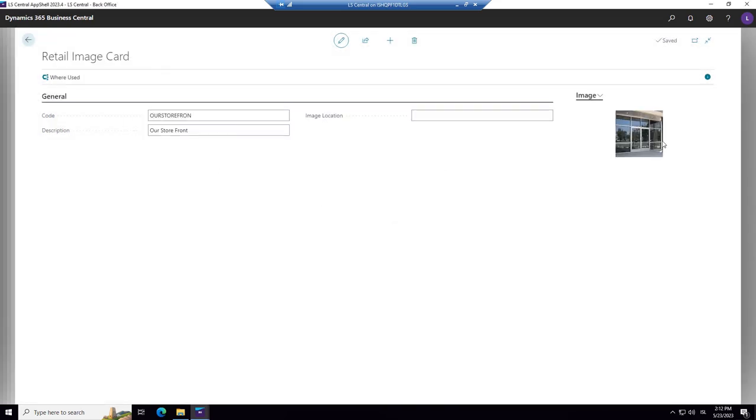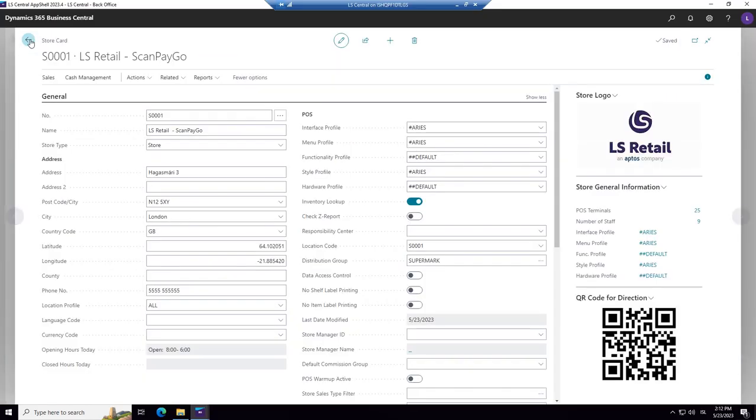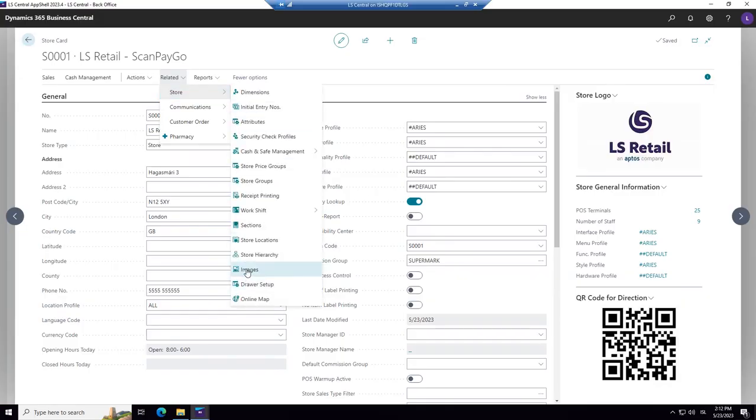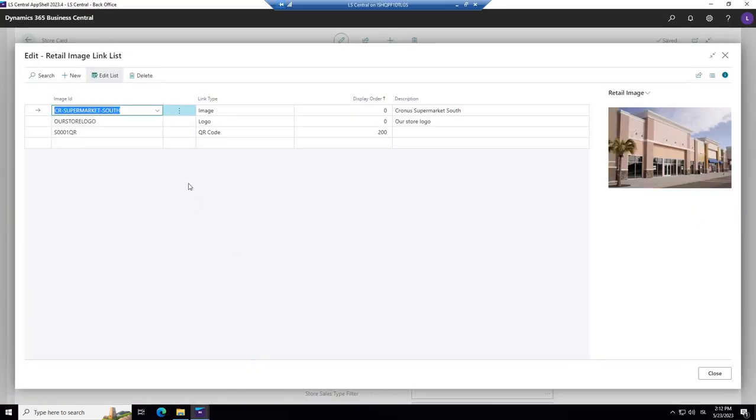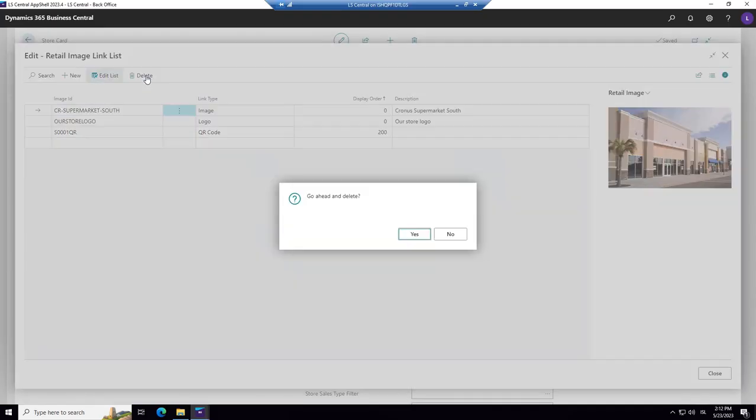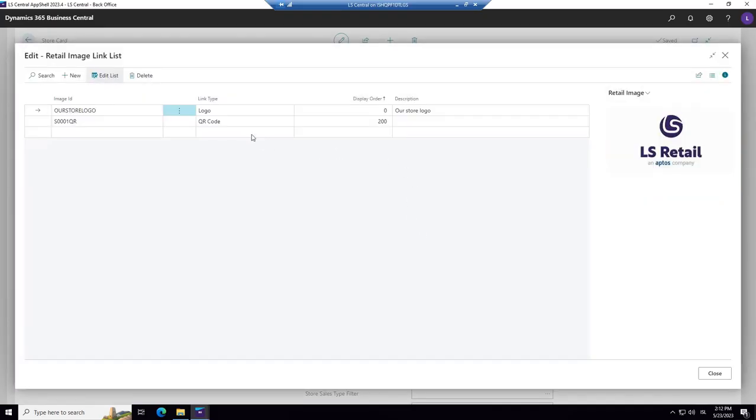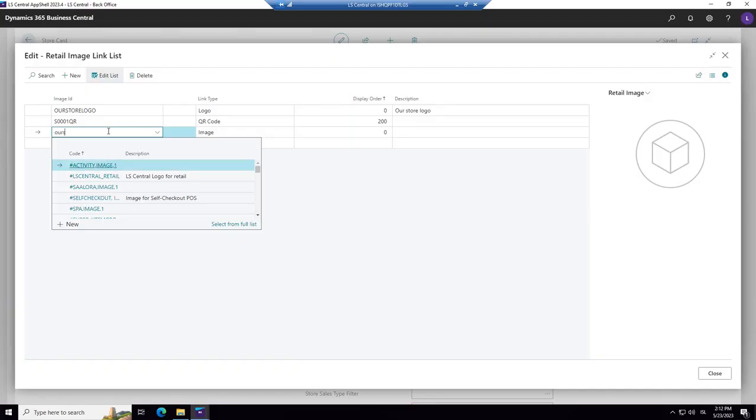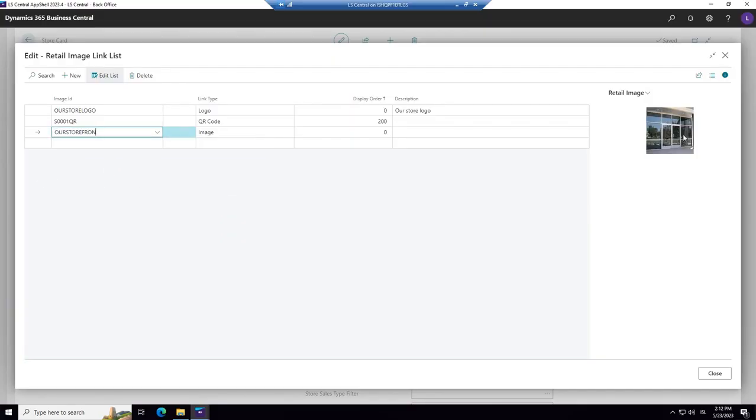I had already downloaded the file for that. Now we can go back to the store card and to related, store, images and change the line with the store front, this line. It's best to delete the line and create it again. And here you have it.